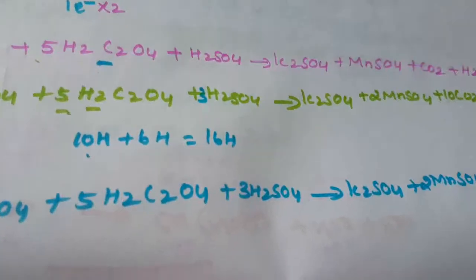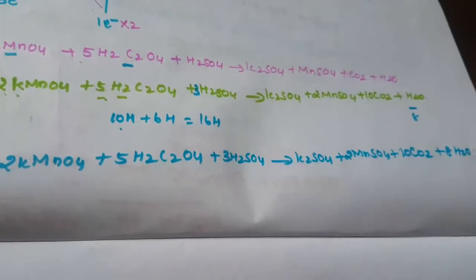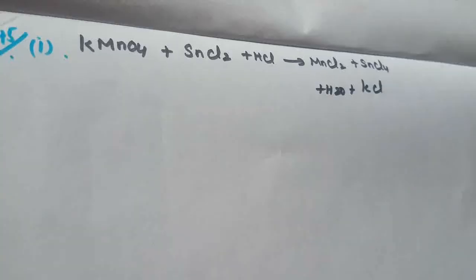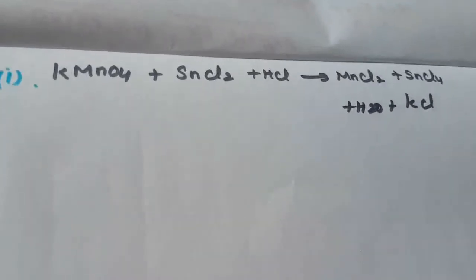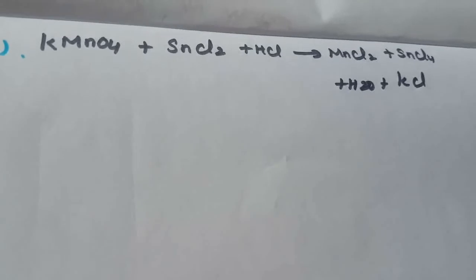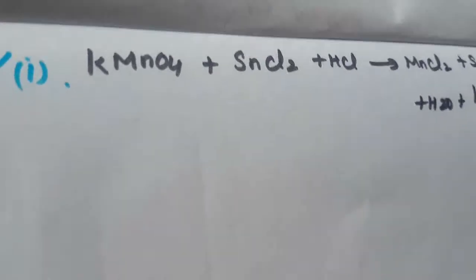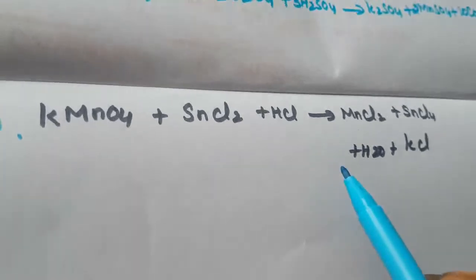So next we are going to see the ion electron method. That is also 4 question is there. Okay, so this is the question book bag question number 45. First one, balancing the equation with the ion electron method. Okay, so this is the next topic. So how to balancing? First you are writing the ionic form of this equation.